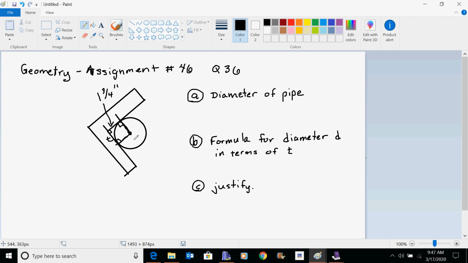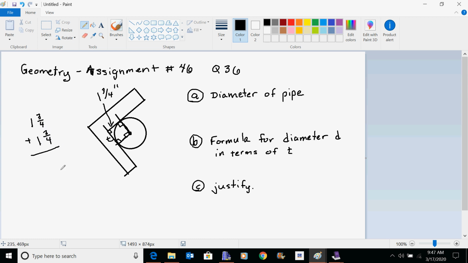and is perpendicular here. So automatically we have this, and we have a square going on here because radii are equal, and this one would be equal to this one would be equal to this one, and so on. So we've got this square happening here. We have 1 3/4 here, which means there's 1 3/4 here. So since you've got this 1 3/4 and the diameter is all the way around, we would have to take 1 3/4 plus